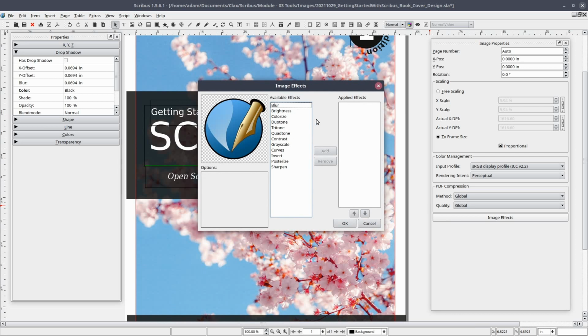This will open an Image Effects window that contains a live preview window and two columns. The first column contains the effects that can be applied, and the other shows the currently applied effects. Let's select a few effects and see how they change the image by adjusting the effects options. Let's select Blur and click Add. Notice the effect name gets added to the Applied Effects column. When you select Blur from the Applied Effects column, the effect options become available. There are different options depending on the effect applied. Let's add a few effects to our image.